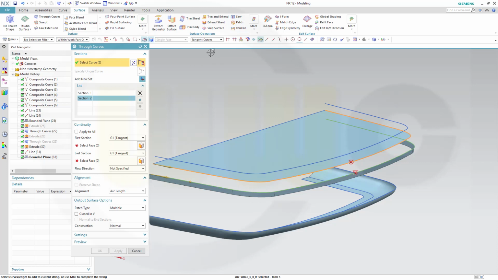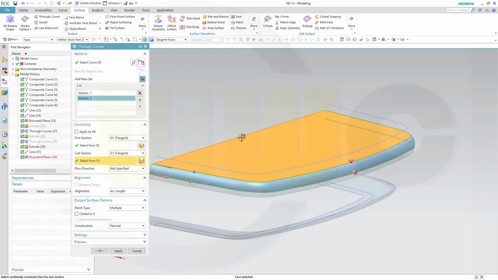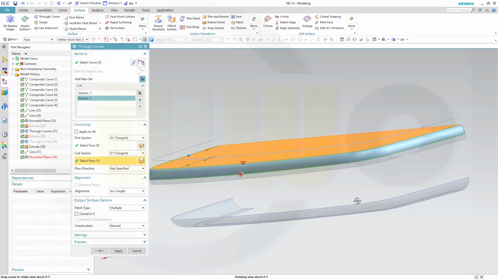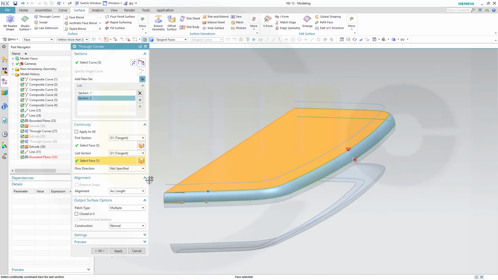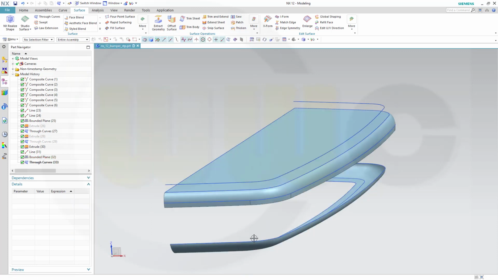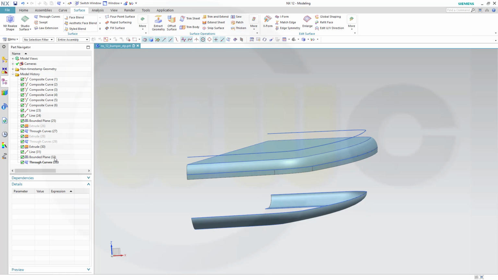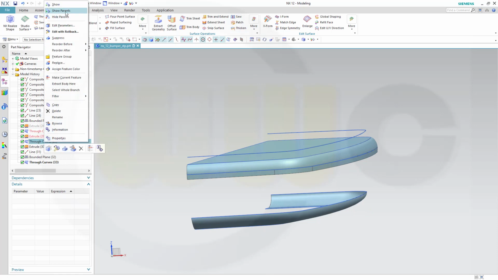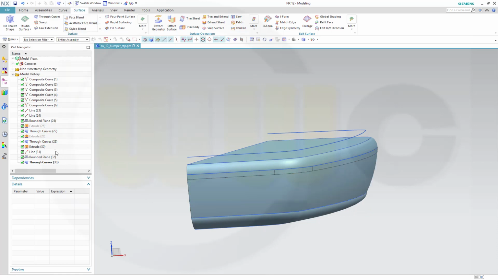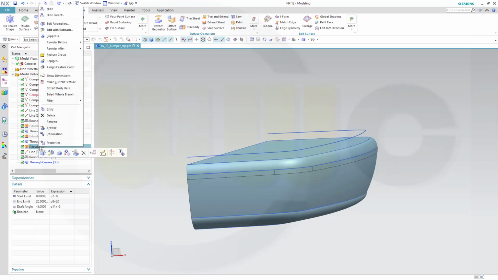again go for tangent curves. There, it's already tangent curves. The face, the first face would be this one, tangent, and the second would be just that surface. Looks pretty good. It's still alignment by arc length, and okay, great. Now I can show that one, can hide the extrude,